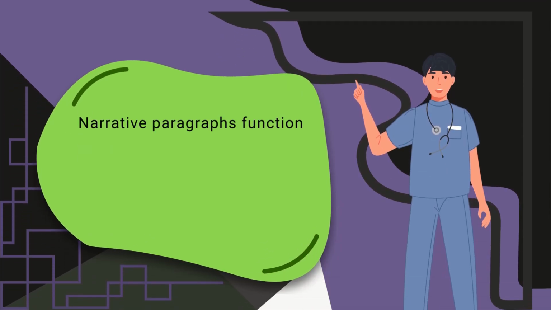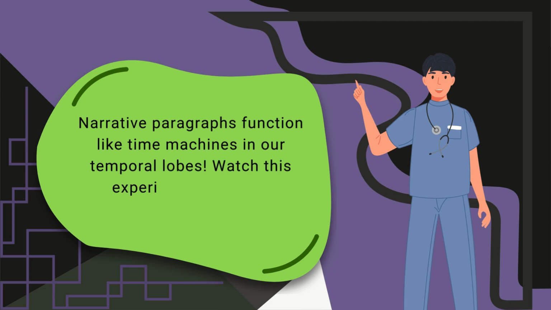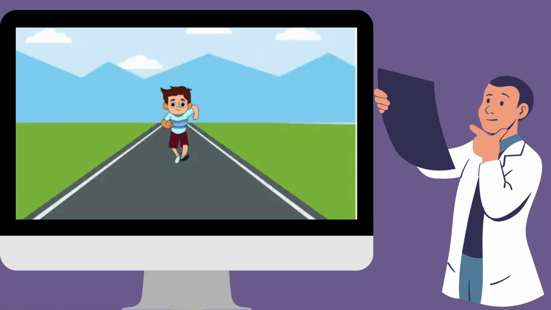Narrative paragraphs function like time machines in our temporal lobes. Watch this experiment in action. His heart pounded as he sprinted toward the finish line. The sounds of cheering filled the air, pushing him forward with every step. Sweat dripped down his face, but he did not slow down. Just as he was about to give up,